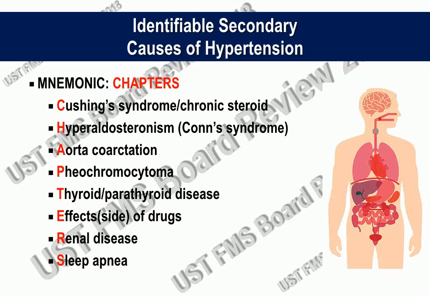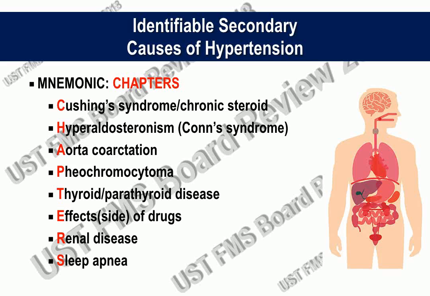But if your focus would be to look at the different secondary causes of hypertension, there are actually a lot, and this is just one simple mnemonic for you to remember. Just remember chapters corresponding to Cushing syndrome, or even chronic steroid. That's one secondary cause of hypertension. Conn syndrome, or hyperaldosteronism. Coarctation of the aorta, and that's quite an important cause of secondary hypertension, which is quite simple to detect on physical examination, like taking the blood pressure both in the upper and the lower extremities